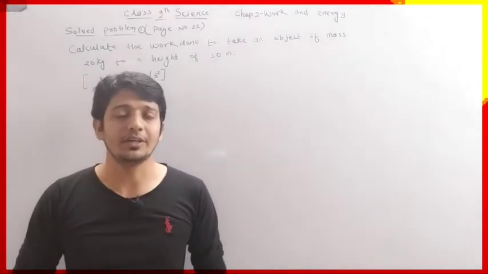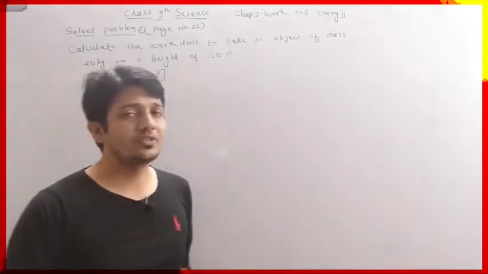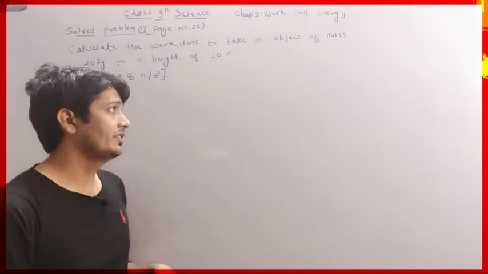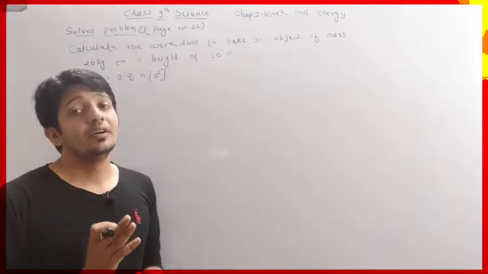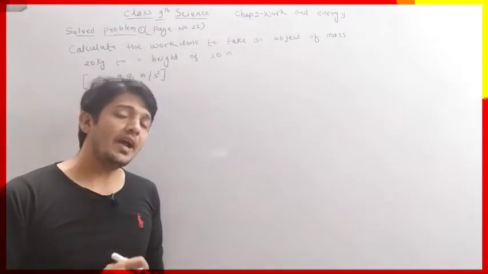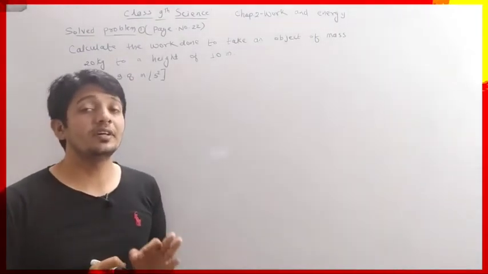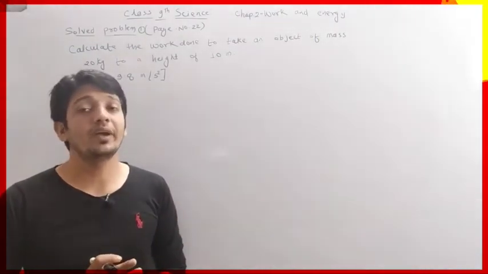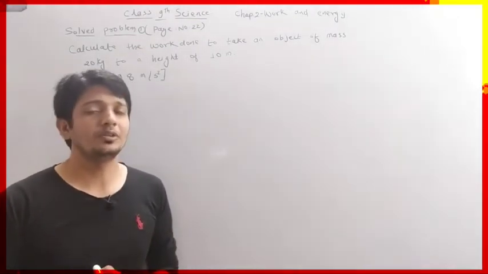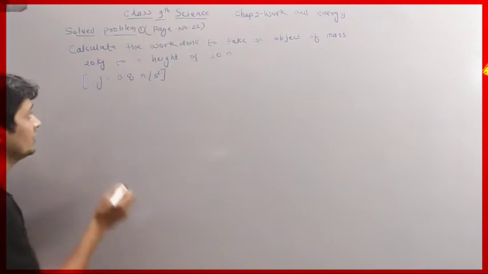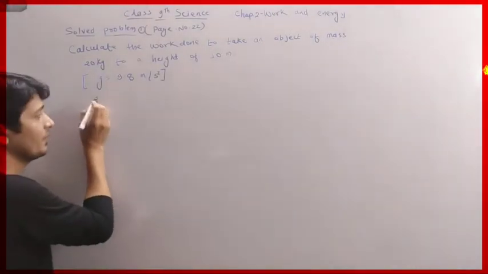We take it negative. Okay. So first we have to write the given part, then to find, then formula, and then solution, and after completion of the solution we have to write the result also. Okay. So this is the way we have solved the problem. First we have to write the given part.